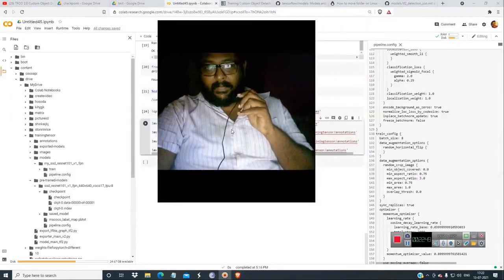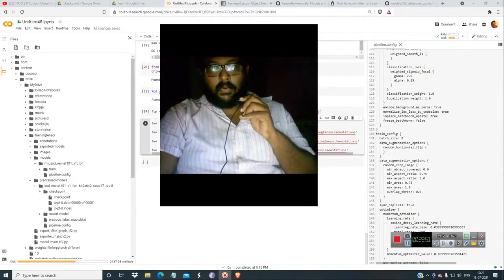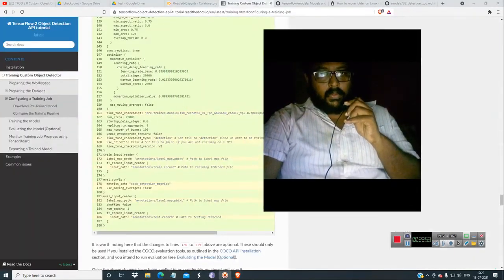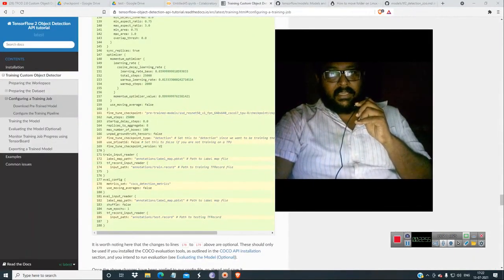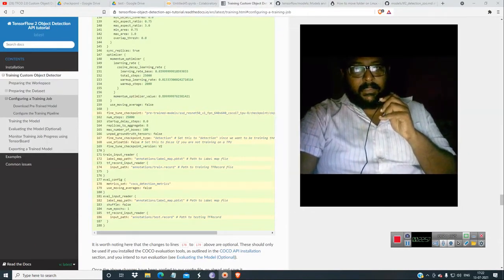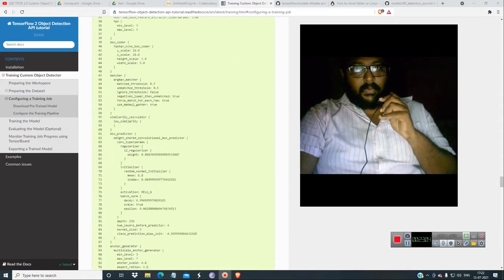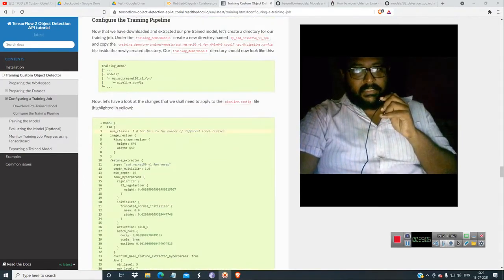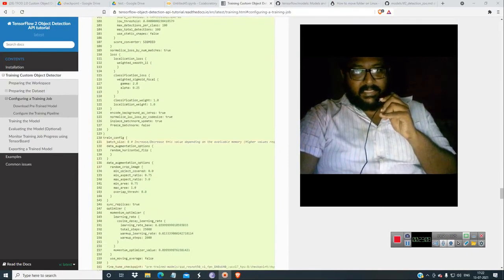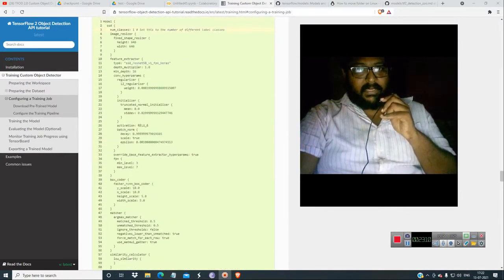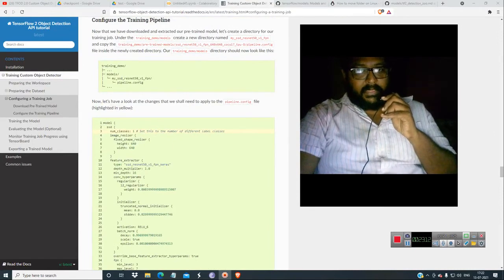So now just come here. What to do? You have to give the CKPT, and where to give it in this checkpoint. These are the different label classes. I think you don't want to give pb.txt.